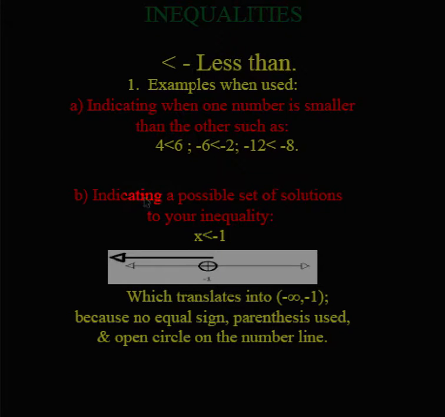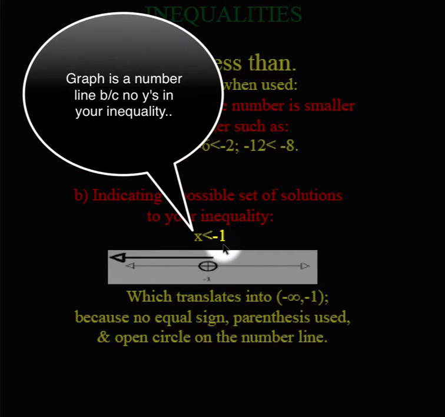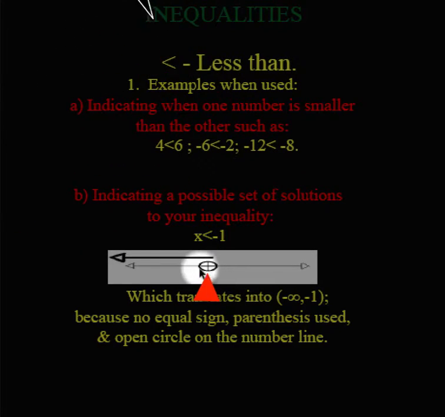Alright, so we also might see x is less than negative 1. We have a variable. However we got to this point, we solved some equation and got to this inequality. Well, the way we would indicate that, because there's only one variable, is we only do the horizontal number line. And we use an open dot because there's no equal sign, and all values of x are smaller than this